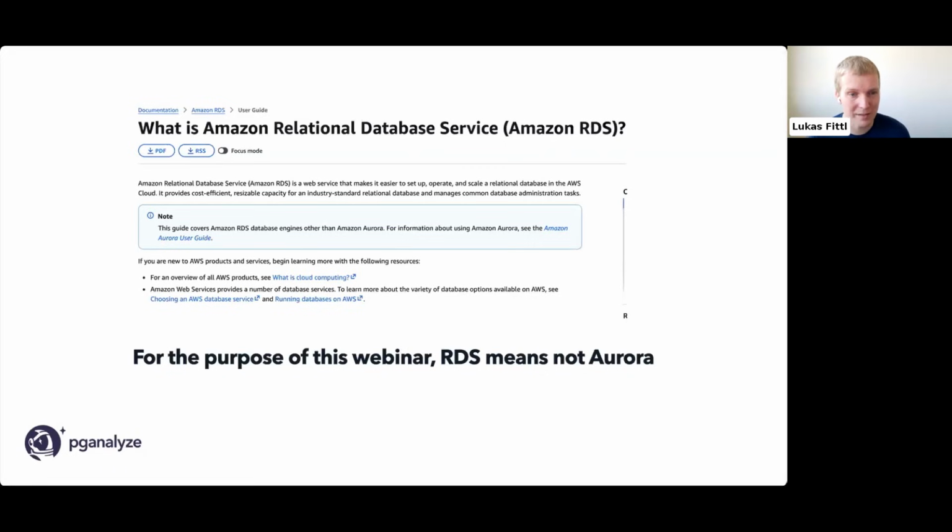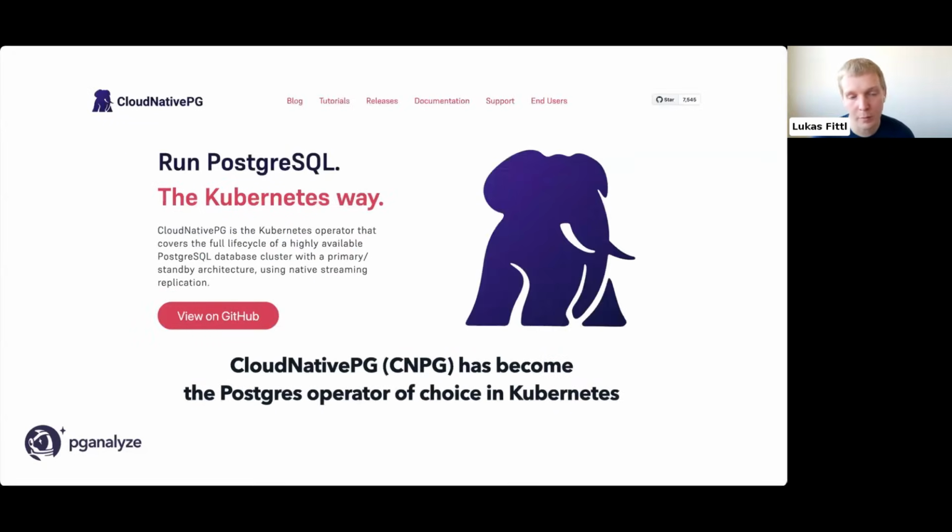Even in documentation now, it says, this documentation is for RDS, not for Aurora. And so just to be clear, when on a slide I say RDS, I actually mean not Aurora. And when I say Aurora, I mean the actual, custom version of Postgres that AWS has built in Aurora. And then if you're not familiar with CloudNativePG or CNPG, this is basically a totally different way of running